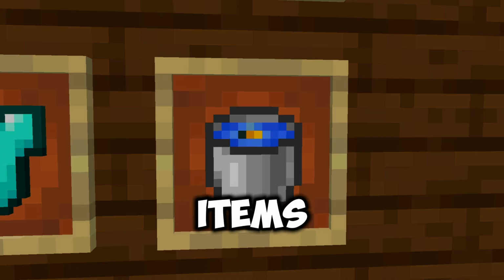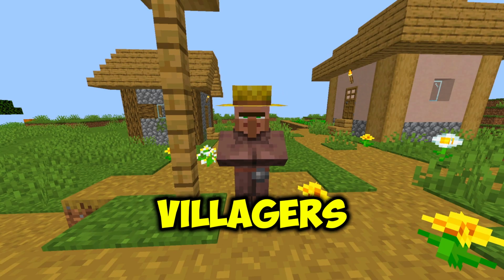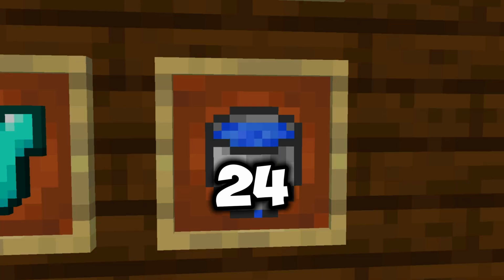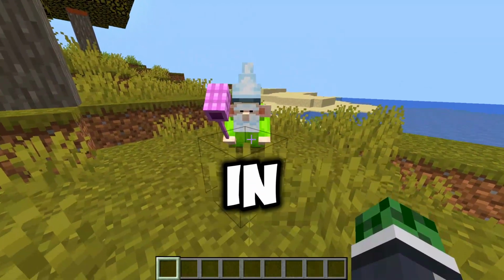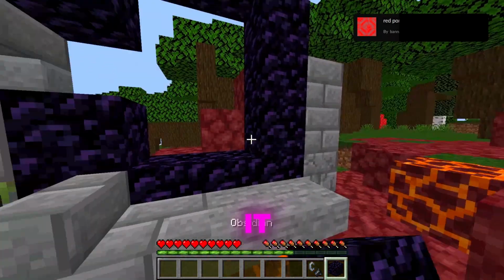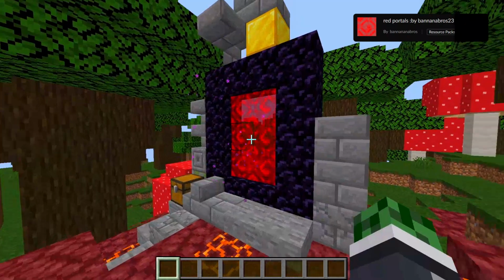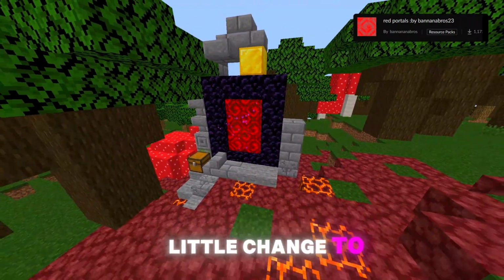From animated items, fancy watches, realistic textures, and animated villagers, to wizard gnomes. These are 24 of the most genius texture packs in Minecraft. You finally find a rune portal, place all the obsidian and light it, but it just doesn't look aesthetic. Well, by using the red portals texture pack, it's always gonna look great and some nice little change to your